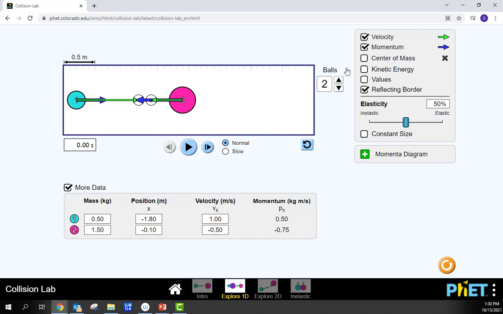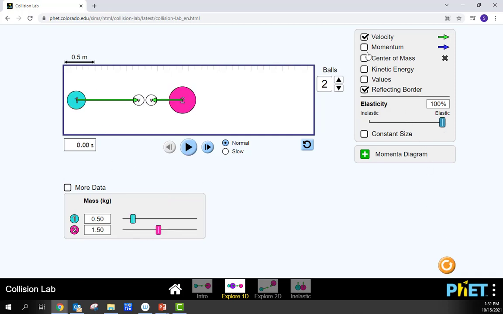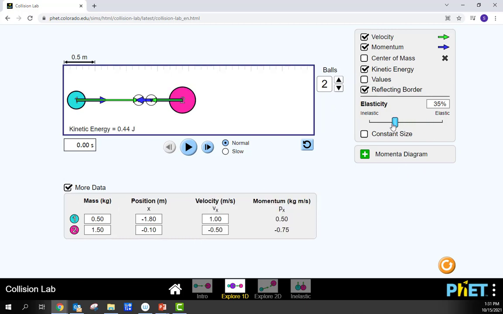And so again, a different behavior. Our total momentum is still negative 0.25. Our energy has dropped by quite a bit at this point. Bringing the elasticity down again to 25%, we now only have 0.04 joules of energy left from our initial of 0.44, but our total momentum is still